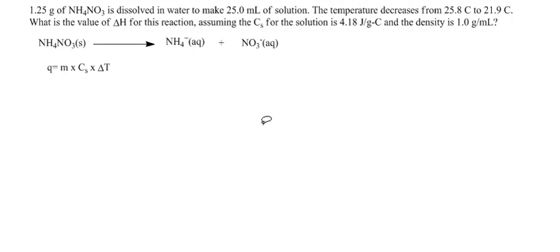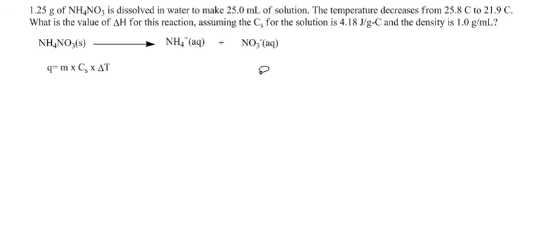But we want to remember the temperature change that we're measuring, it's not on the ammonium nitrate. We can't measure the ammonium nitrate directly. We're measuring the 25 milliliters of water that it's being dissolved in. And that means two things. First, it means that we're not measuring the reaction directly, but the surroundings. And it also means that the mass of the thing that's changing temperature is not the 1.25 grams, but the